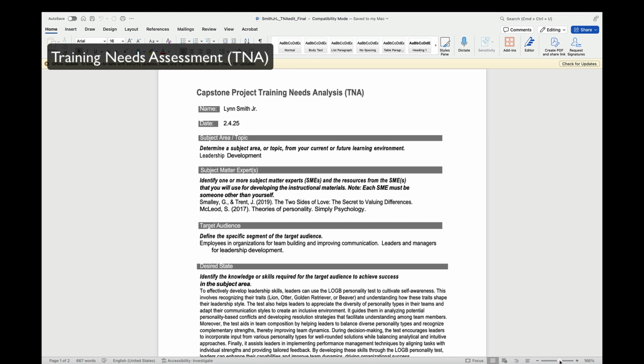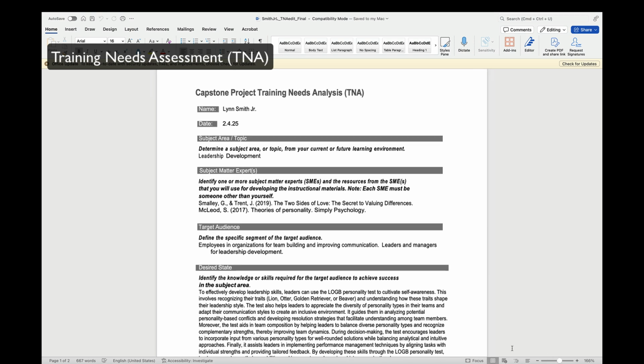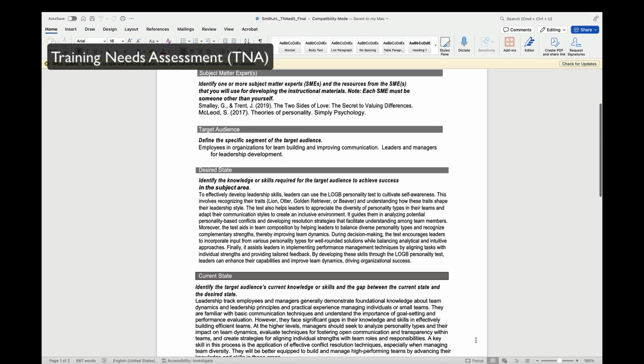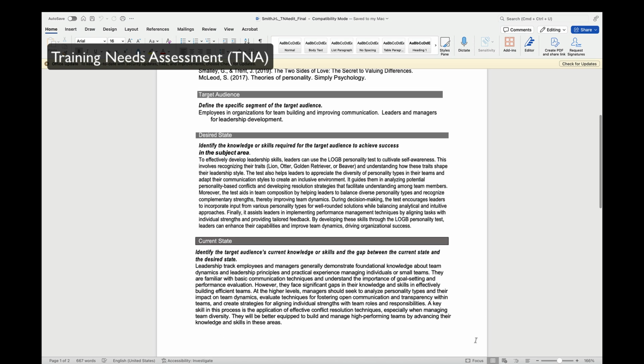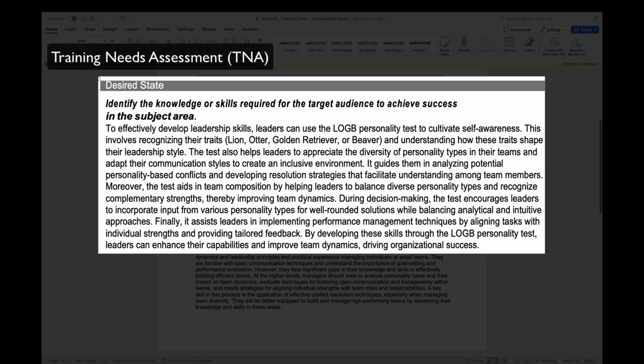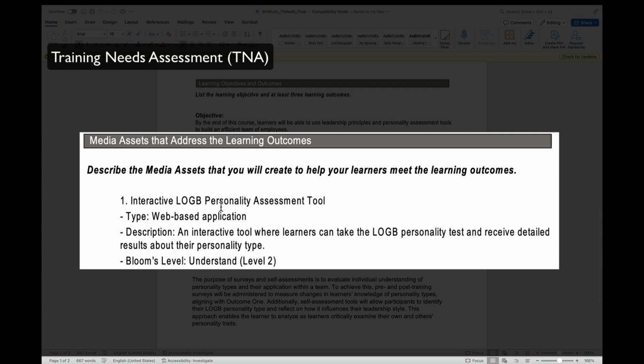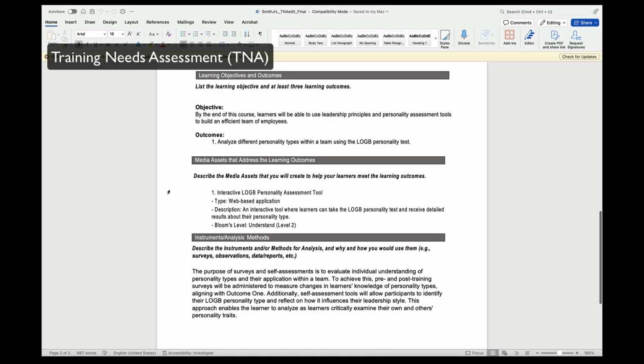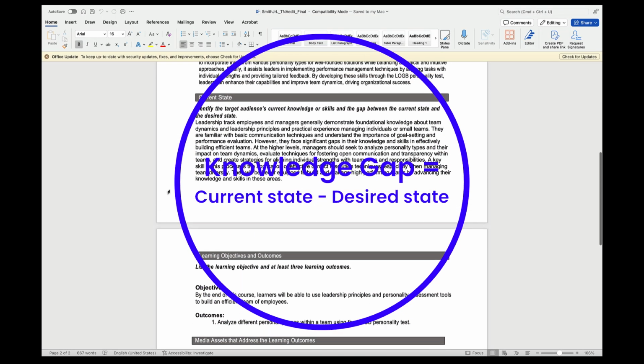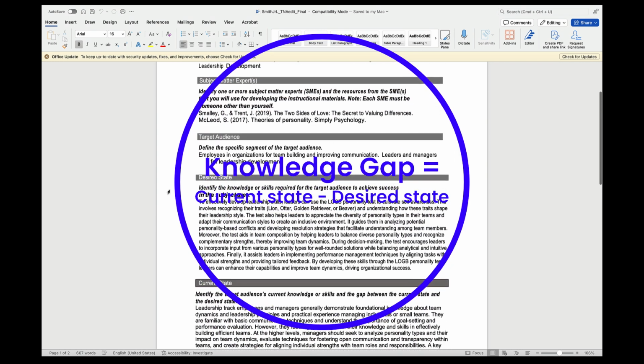The TNA process helped identify knowledge gaps between the current state, a basic understanding of team dynamics, and the desired state, the ability to analyze personality types and their impact on team performance. This clear definition of the learning need guided the selection of the LOGB Personality Assessment Framework as the primary focus of the Capstone Project. The framework's practical application to team building made it highly relevant for addressing the identified knowledge